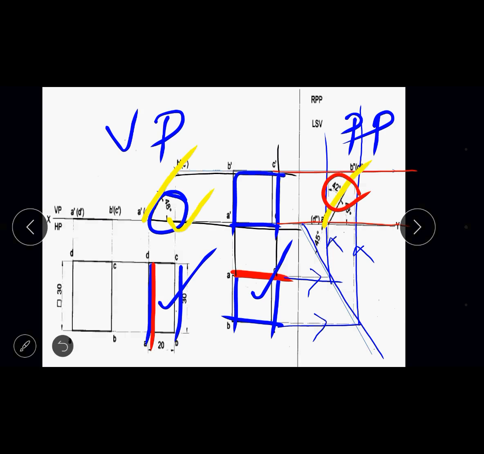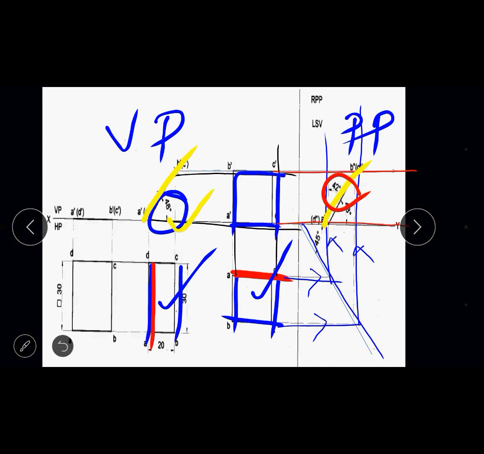The conditions given: the top view of the square lamina looks like a rectangle of 30 and 20 combination, so that we got it. Then it states that the longer edge of the rectangle is placed parallel to both HP and VP, which we satisfied in the third figure. Then find the inclination of the lamina with reference to HP and VP. Already in the second front view, we found HP inclination to be 48 degree. Since VP inclination has to be found out, the side view of the lamina is executed. How to execute the side view, I have also explained in the last figure.